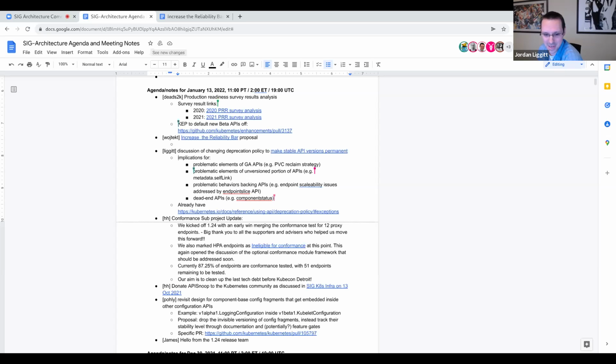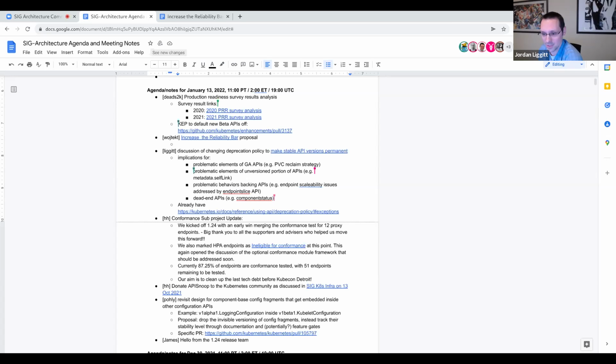It minimizes the difference between beta and stable APIs in the deprecation policy and makes it look like, oh yeah, stable APIs aren't that much more stable than beta ones, which does not match reality. But it also sets the expectation for developers on Kubernetes that, give stuff a year and we can actually remove something pretty significant. And I don't think that's true anymore.